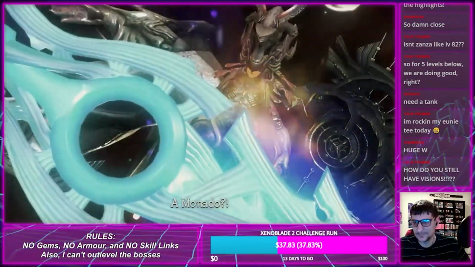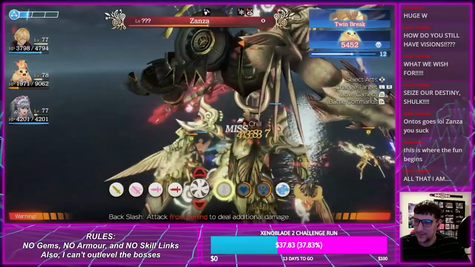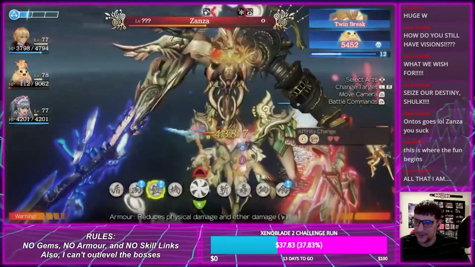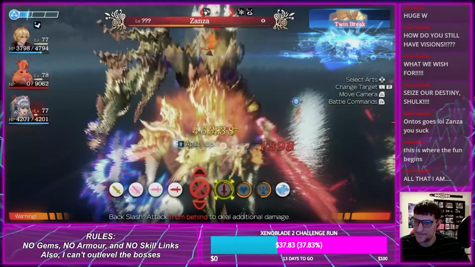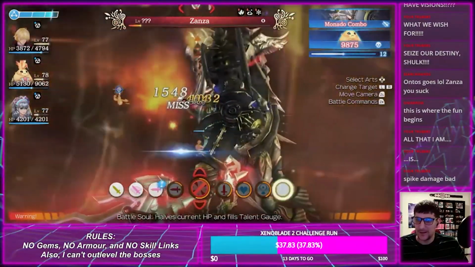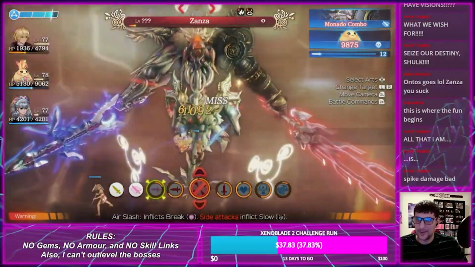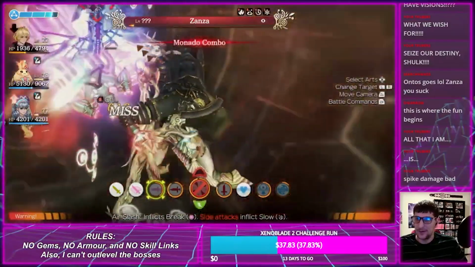With the true Monado in hand, I took control over Shulk again for Phase 3. The strategy was more of the same, but this time I had a weapon with a 75% crit rate. It was a long and strenuous fight, but slowly his health was dropping, and at the very end it almost looked like I was going to lose. But then...